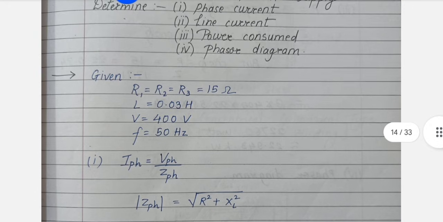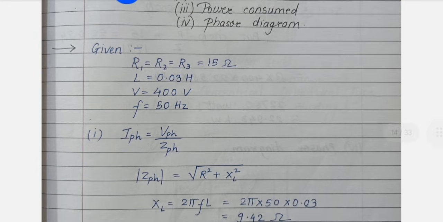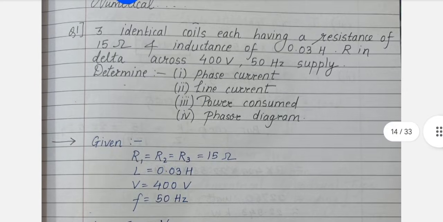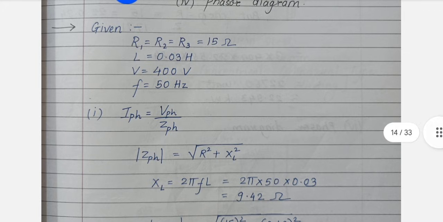So first thing is phase current. What is phase current? We all know what current is. Current is voltage upon resistance. If we consider Ohm's law, V is equal to IR, so I is equal to V by R. But in this case, we don't have to consider resistance, we have to consider impedance. This I have explained in the last units also. These things you have to keep in mind. And here, as phase current is asked, we will write PH over them. Don't think it is another formula, it is the same formula.